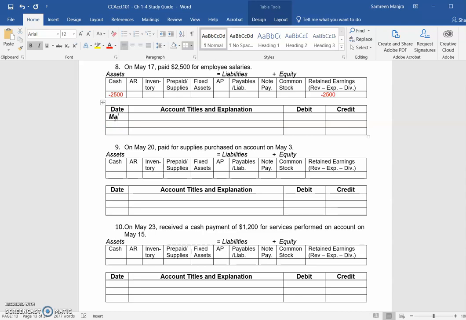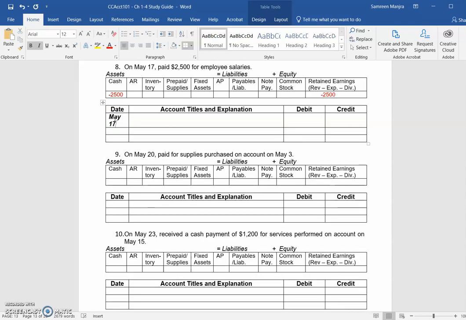So our journal entry will be recorded on May 17th. And the date of the transaction is really important because you're going to utilize that date for the time period when you're putting together or summarizing the information for the income statement, the retained earnings statement, and the statement of cash flows. So our journal entry will have a debit to salaries and wages